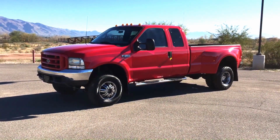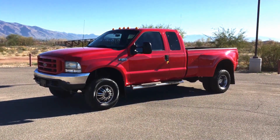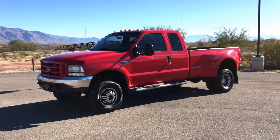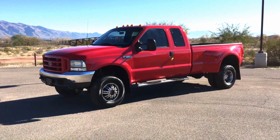We're selling this truck. It's a 2000 Ford F350 Super Cab. That's a four-door extra cab. It's an XLT, which is cloth. It's a 7.3 liter turbo diesel and it's four-wheel drive. This truck has